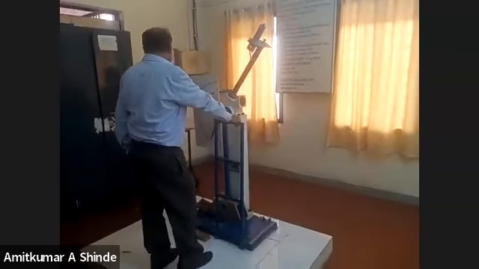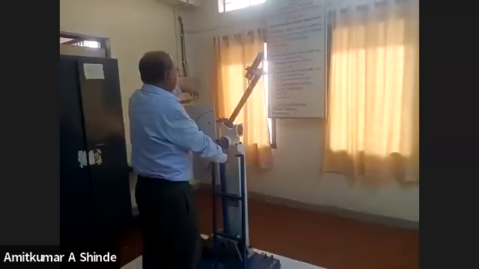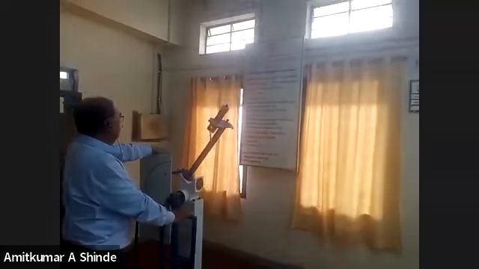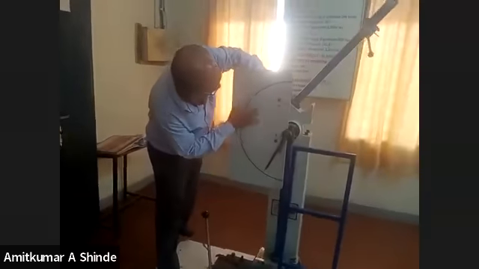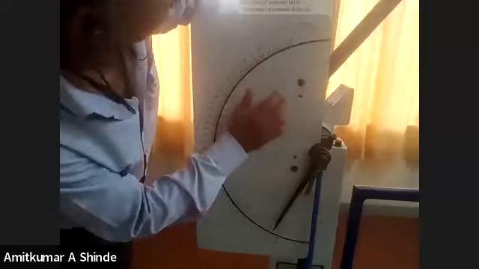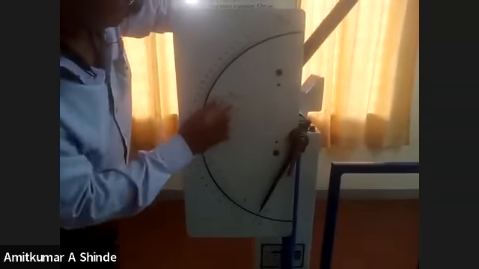Only one look. Okay, here's the impact. IZOD impact test is there and Charpy impact test is there. So in front of me, this is the machine. Here is one scale, 1 division 2 joules, and here for the Charpy test also 1 division 2 joules. So here inner and outer 2 cases are there. This is related to IZOD and this is related to Charpy.